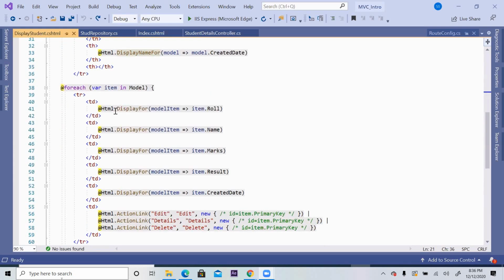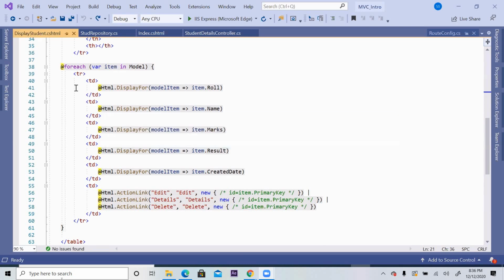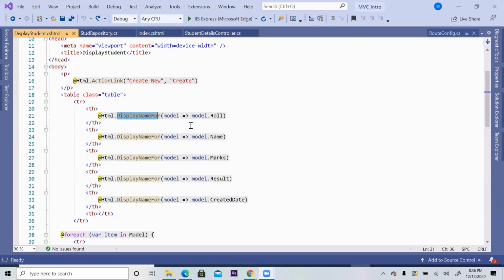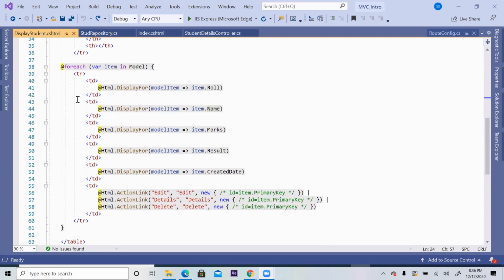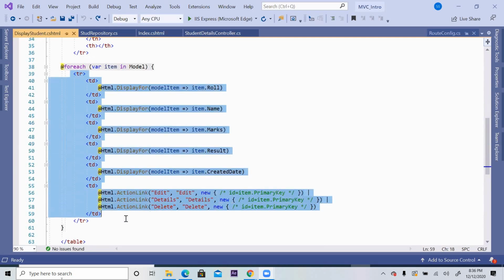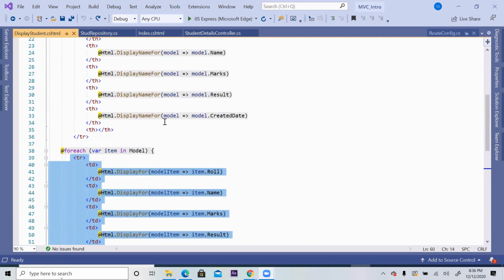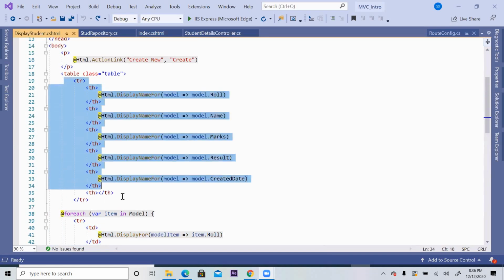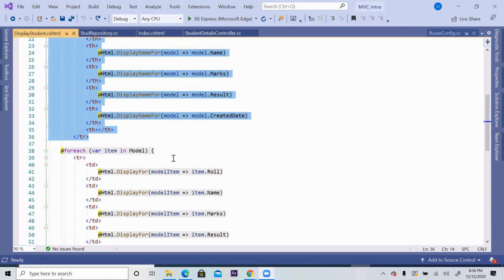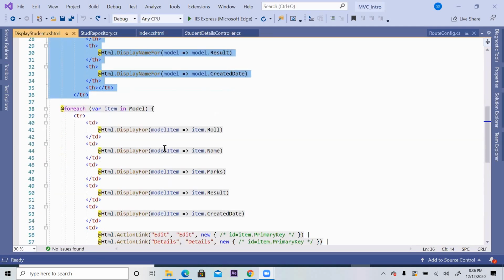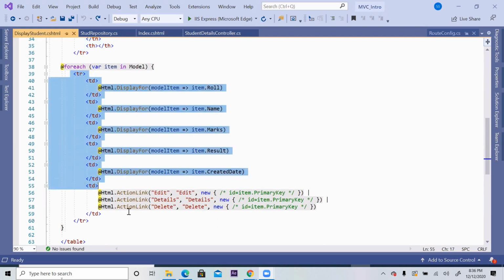And coming down, that means in the heading, simply it will display the property name. But in the content below, one more row I put inside the loop. That means heading never repeats, data repeats. That's why this heading row called tr, which is having th, you need not put inside the loop, because heading comes only once, but data comes again and again.